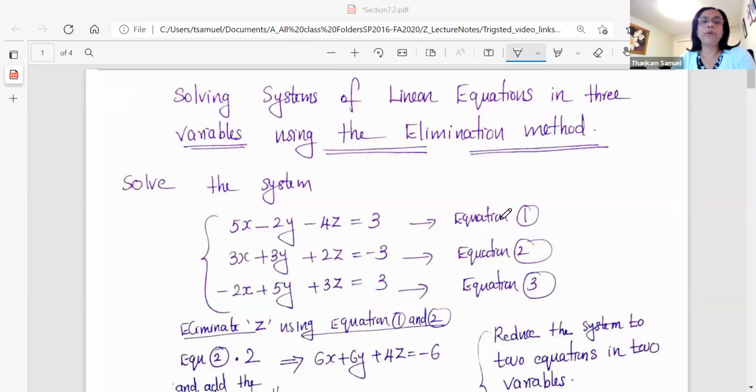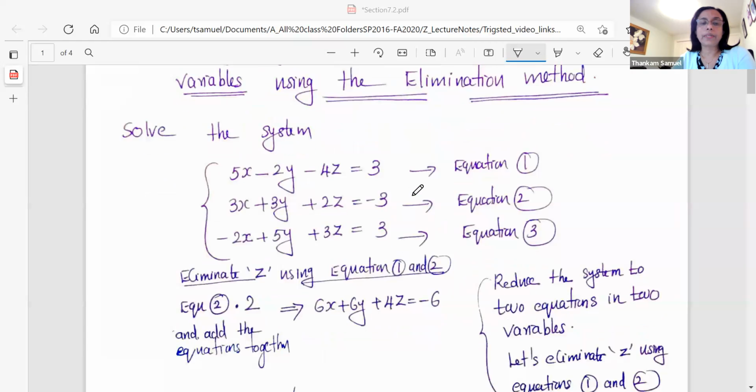Hello, today we are going to solve systems of linear equations in three variables using the elimination method. So let's consider the system